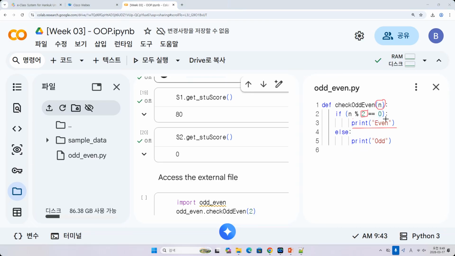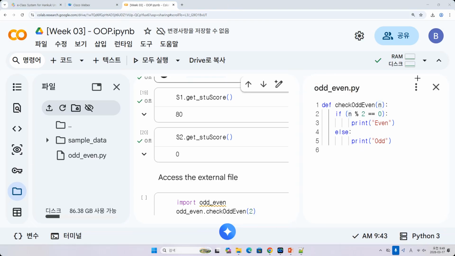If it is not 0, then it is an odd number. This is just a simple function. This function is actually inside a class, or a file,